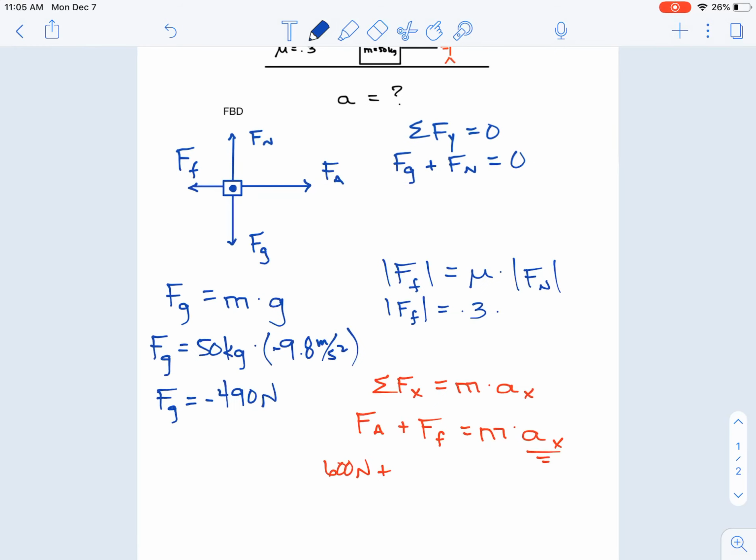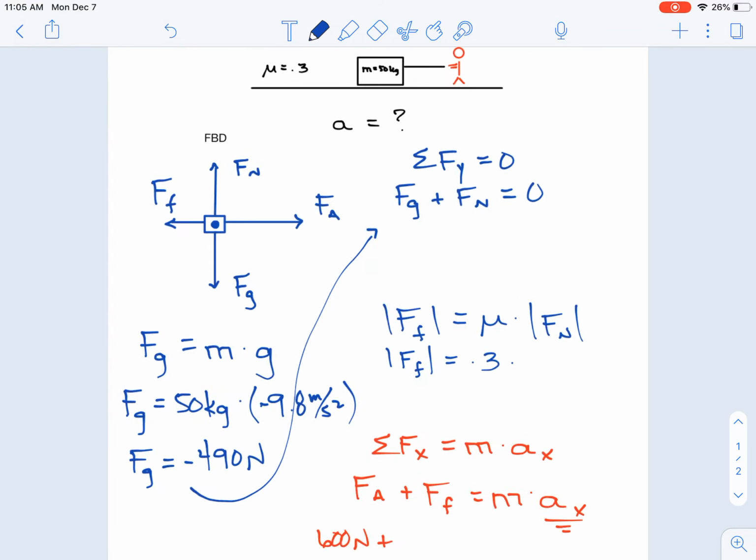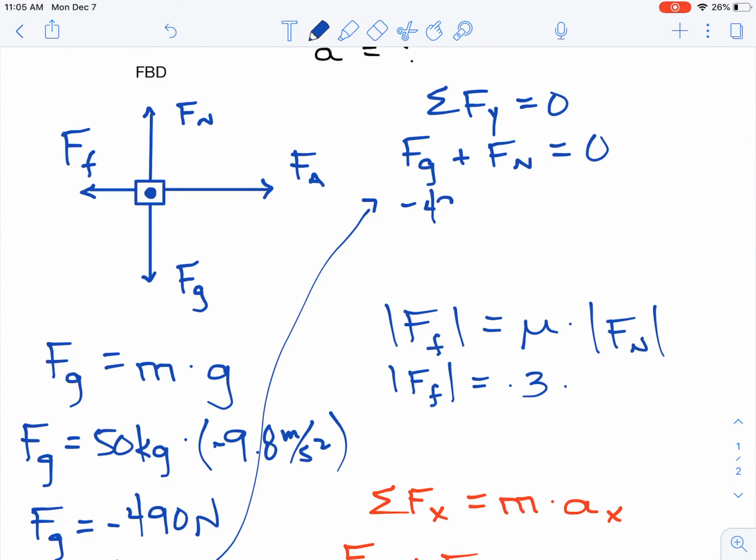All right, so based on the bigger picture, if you look at my puzzle I've created with the laws and the friction equation, I can now bring this up here to solve for the normal force. So if the gravitational force is negative 490 newtons, since this crate is balanced vertically, not moving vertically, the normal force needs to just be the opposite of that. Force normal equals positive 490. Again, now that I know the normal force, I can just bring it right here, organize that nicely. But now, if I plug it in right here,